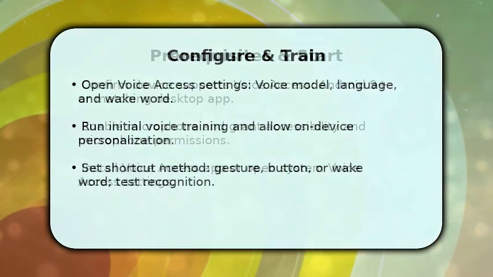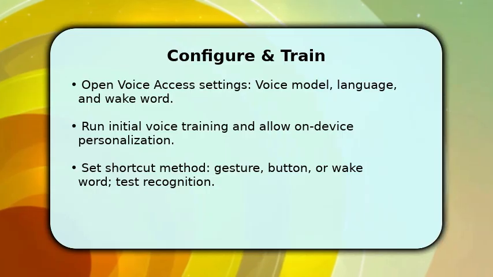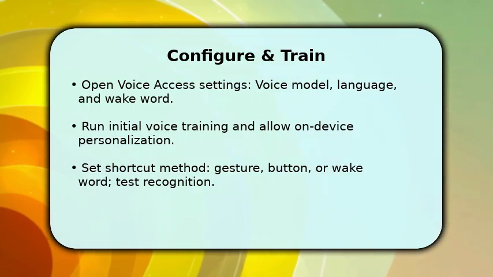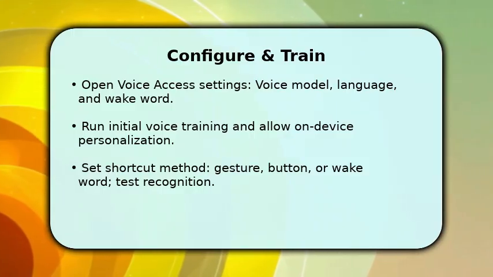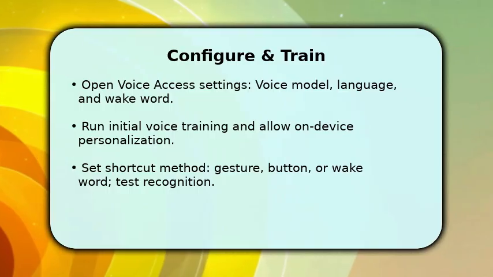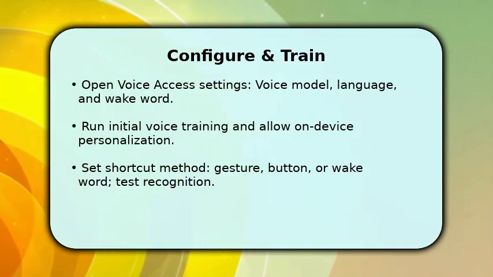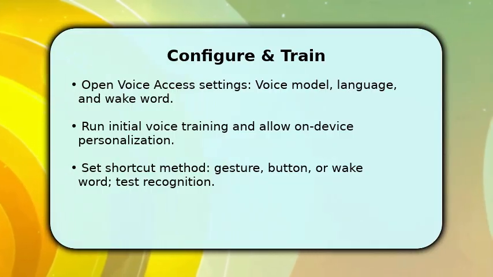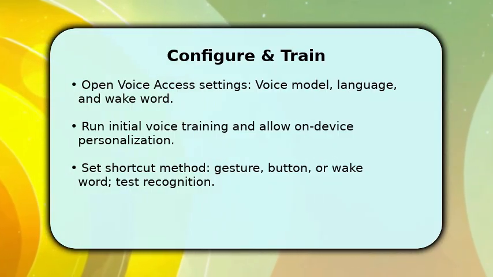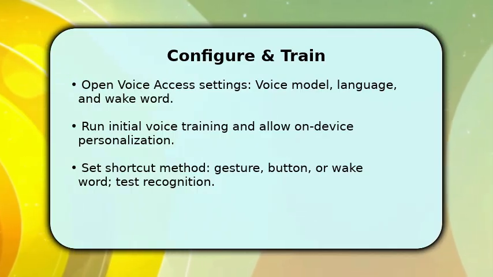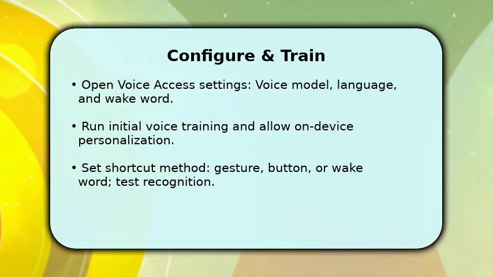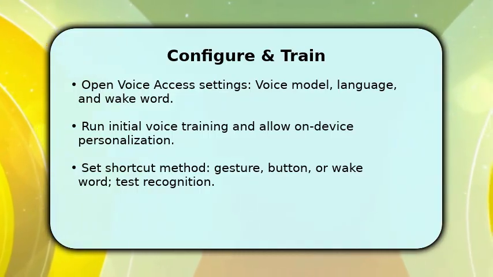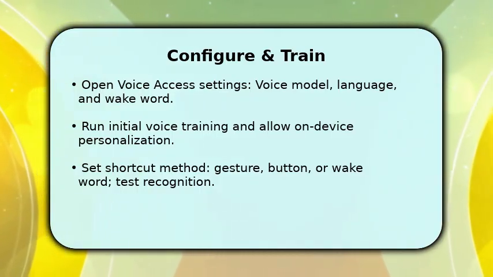Once done with permissions, open Voice Access settings and select your preferred language and voice model. Choose on-device processing for privacy or cloud for accuracy. Then run the initial voice training so the model learns your patterns, speaking sample phrases clearly. Make sure to enable wake word or choose a shortcut, volume button, gesture, or dedicated key so you can summon voice access hands-free. Test recognition in a few apps by saying commands like open settings and click next to verify